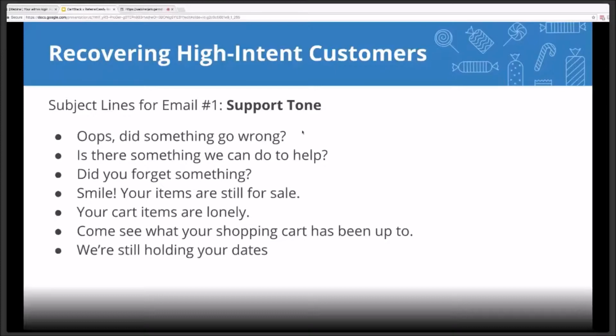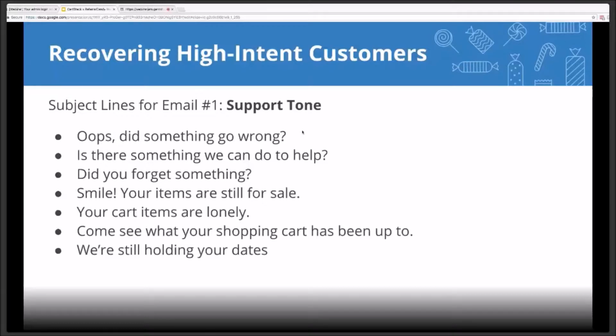Okay, so on to email number 2. First rule, don't be pushy. Overly pushy sales copy can upset your abandoners and ensure they won't be back to complete the purchase ever. And then number 2, add some scarcity. So hinting at low inventory levels frames the offer in a way that tells the consumer if they don't finish the purchase now, they may never get the chance to.